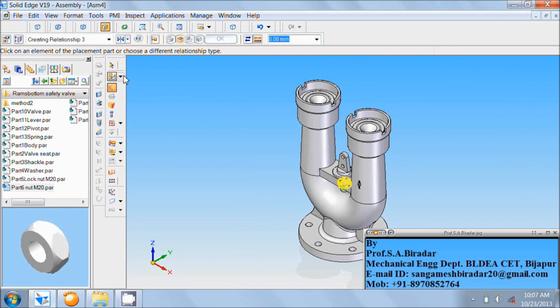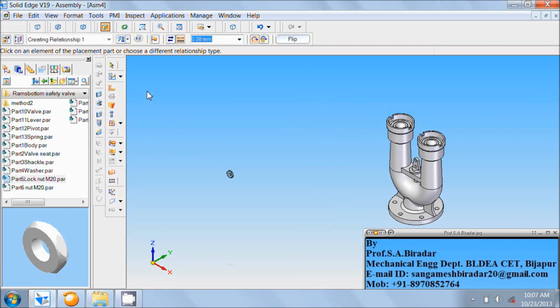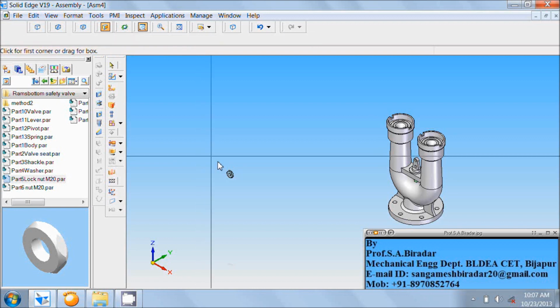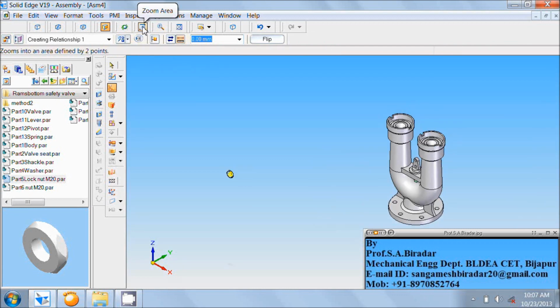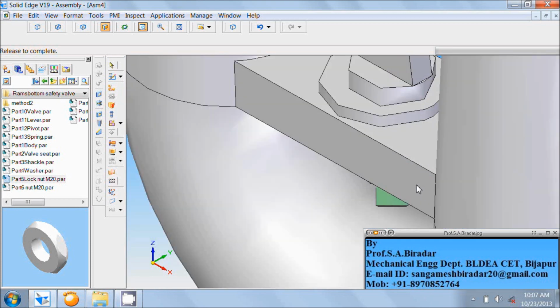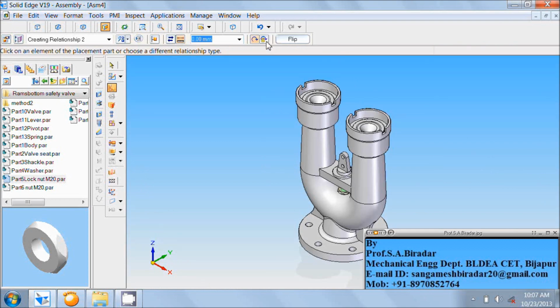Now click on select tool, now double click on the fifth part, that is lock nut, use zoom area, zoom this, right click of the mouse, click on assemble command, select this portion of the lock nut, fit it, then use zoom area, zoom this area, right click of the mouse, select this portion of the shackle, fit it, click on lock rotation,